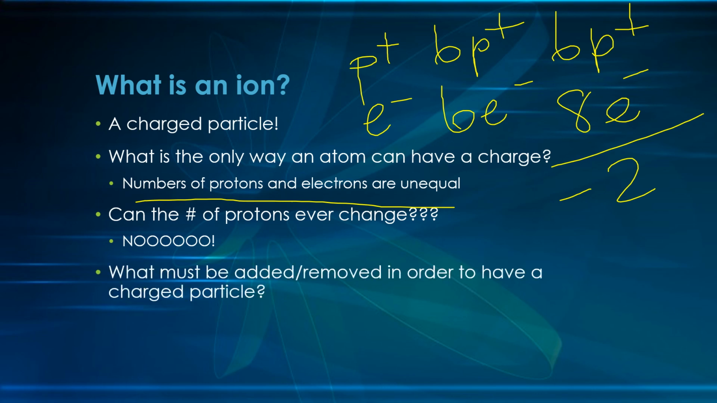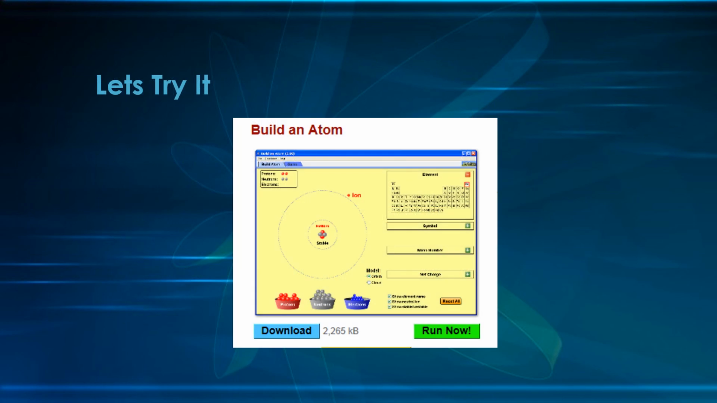So the only thing that can be added or removed in order to have a charged particle has to be the electron. So if I change the number of electrons, if electrons are added or if electrons are removed, I have created a charge. So if you have your own device, I want you to play around with this PhET